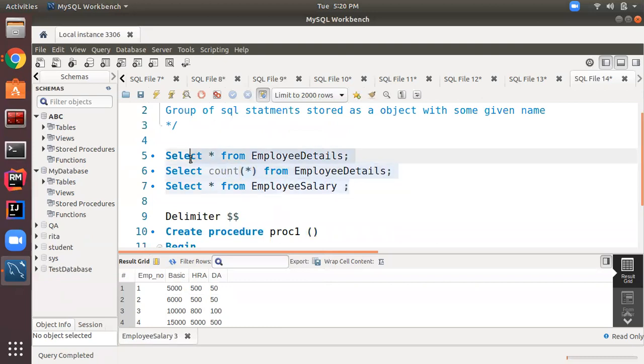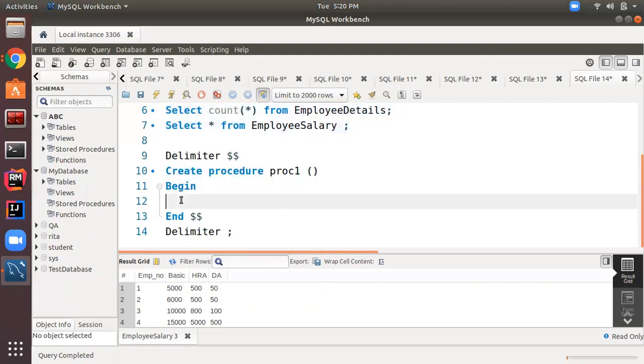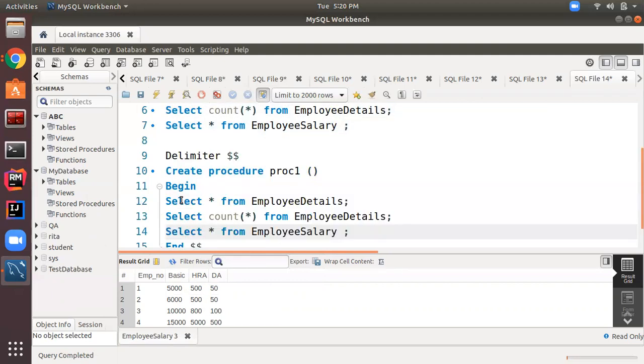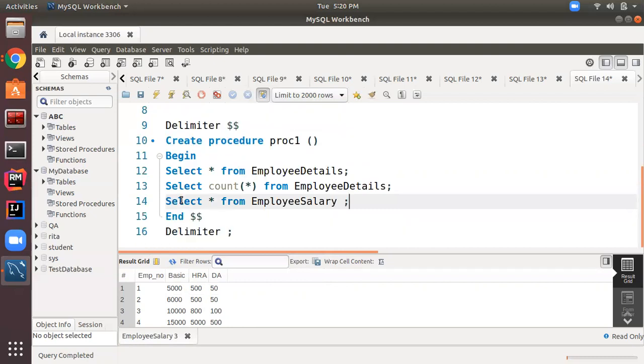Here I need to execute these three SQL statements a number of times, or I want to reuse these statements a number of times by storing them in the procedure. So I have copy pasted them here. Now I have given a name to these statements, which I am calling procedure 1.